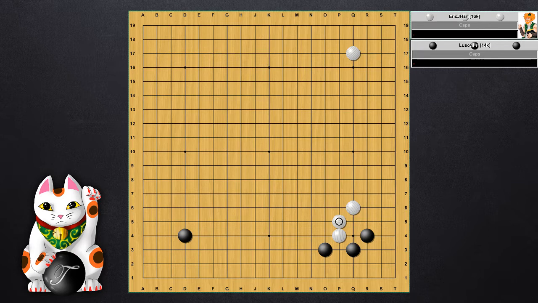Now, it could be entirely possible that white was trying to just make a strong group here, in which case this would be still a slightly bad move, but it's a more understandable move. And in that case, it makes the move make sense. It's preventing black from cutting through, but the problem then becomes that maybe the way white's actually thinking about